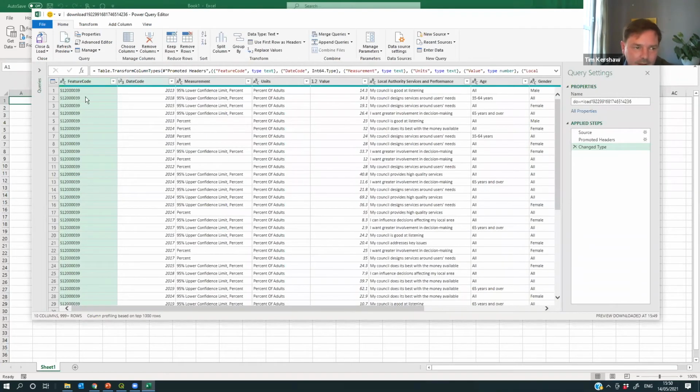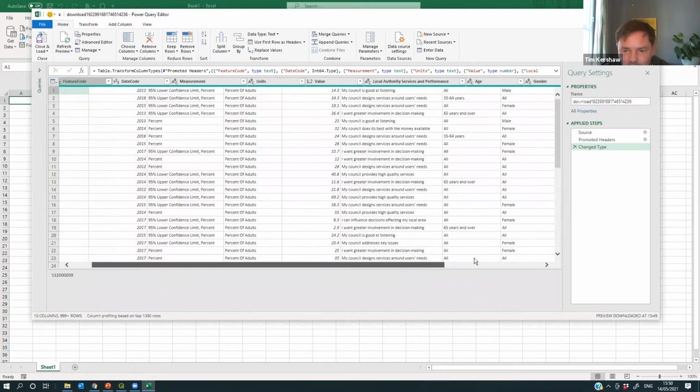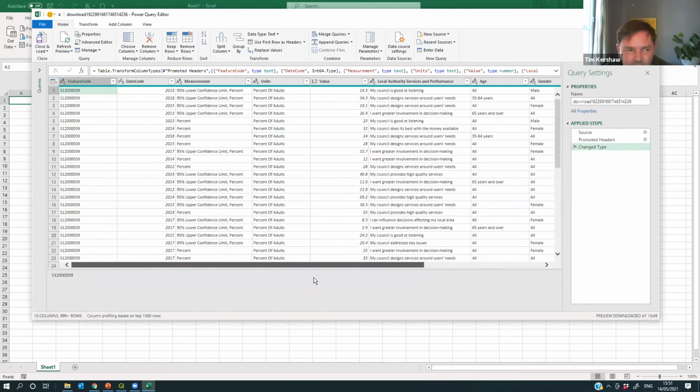And so what it's giving me here is for this place, S12000039, which I don't know where it is. It's not giving me the name of the council, but it's giving me that code. So that code's going to be very important for linking up with the other data,